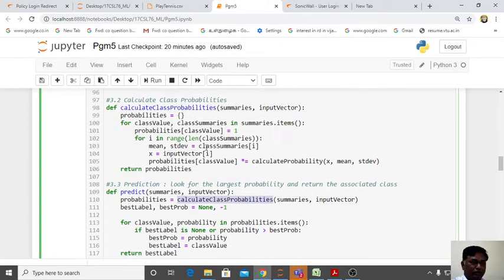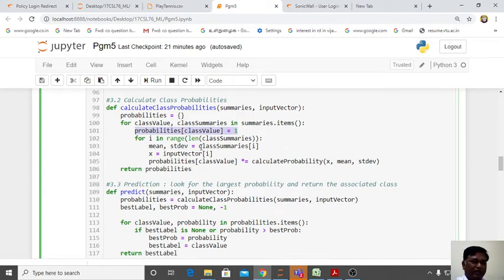So depending on that, we are calculating class probability. So we are going to the other function, class probability, summaries and your input values are coming here, one empty dictionary. So this one we have two items. Summaries, how many items we have? 1 and 0. These are the two items. Class values 1 and 0 or 0 and 1, and summaries you have. For your 0th data, full summaries you have. For 1 data, you have full summaries. So you are setting your initial probability value. And all of you know that whenever you are doing summation of series and multiplication of series, you will set some initial variable, right? For summation, you will set 0. Multiplication, you will set 1. So your initial values are setting as 1.